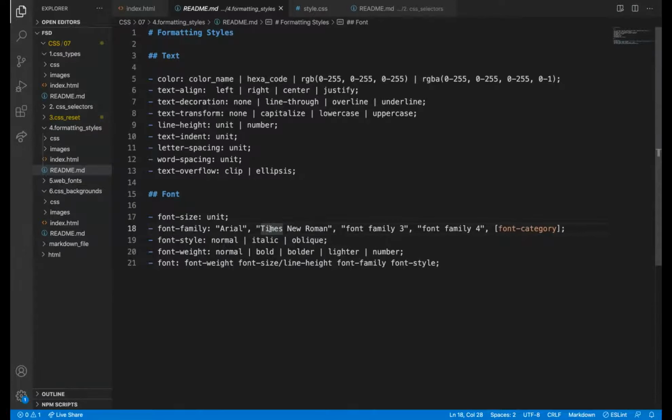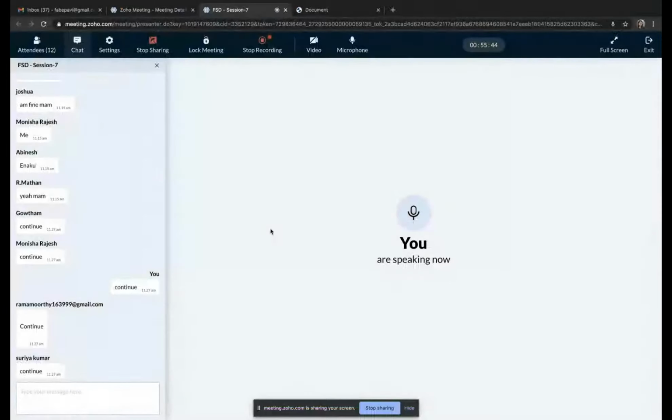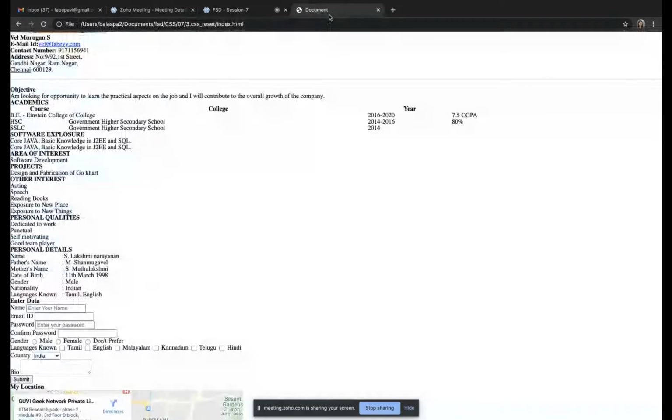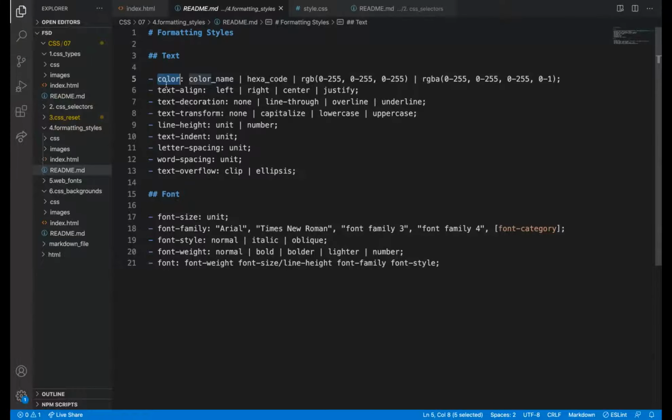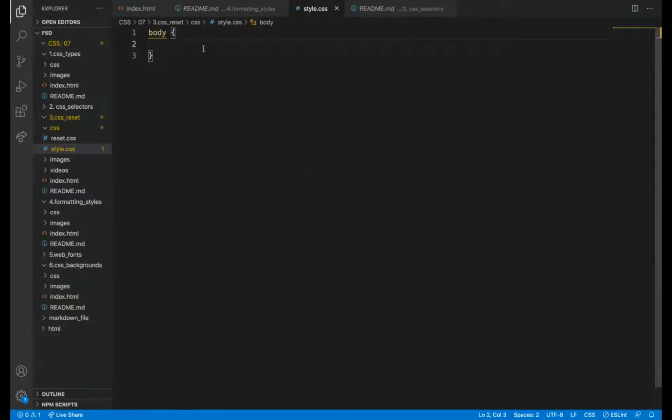What is this, formatting styles? So now we are really getting into some style-specific things. We learned the concept first. Still we haven't applied anything except the color parameter. We should not say attribute here; this is the parameter. Don't confuse this. Color red: color is the parameter and red is the value. So till now we have seen only the color parameter.